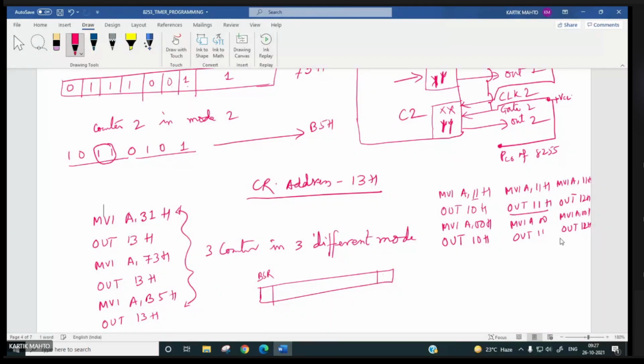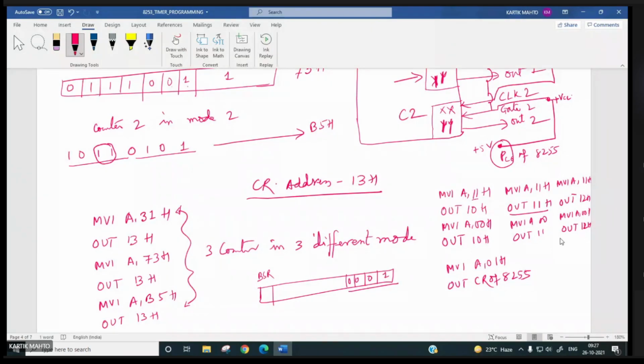This has to be 1, and for PC0, these three will be 0. So this is 1, and this side it is 0. So if you write MVI A, 01H, OUT to the control register of 8255, PC0 will be set to 1 or plus 5 volt. Is it okay?